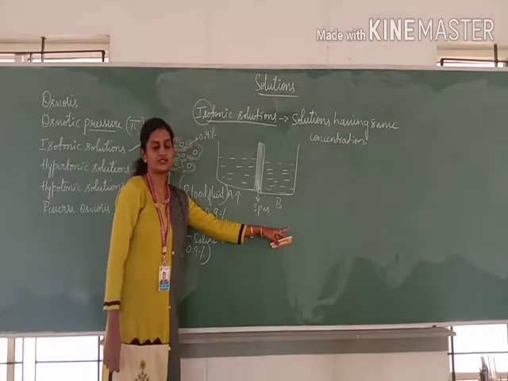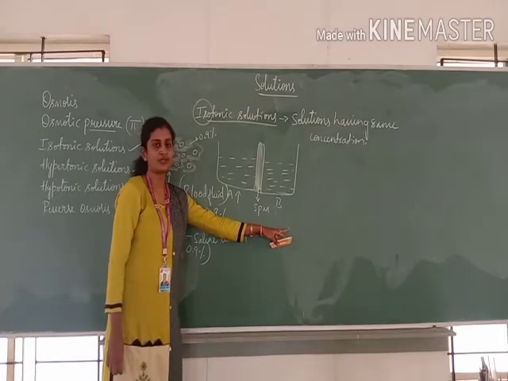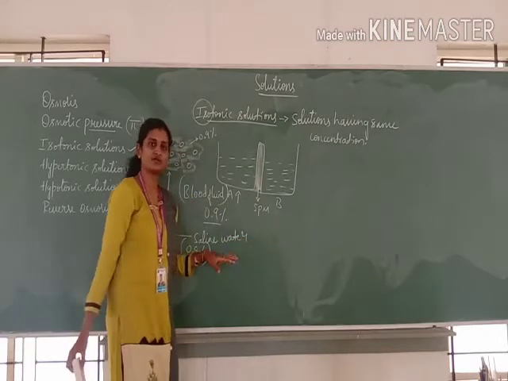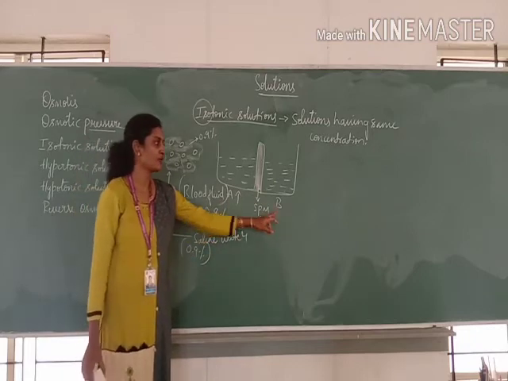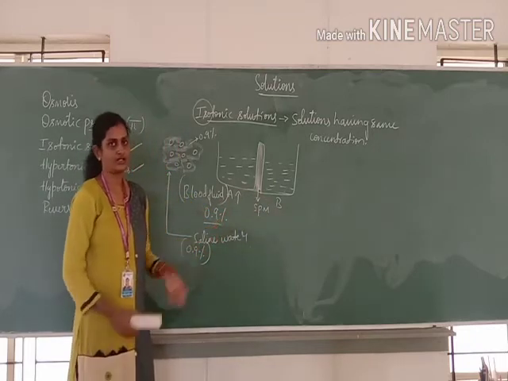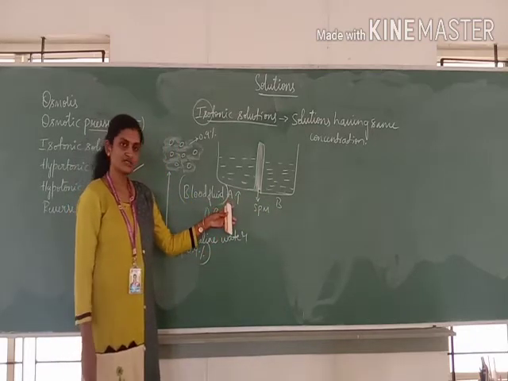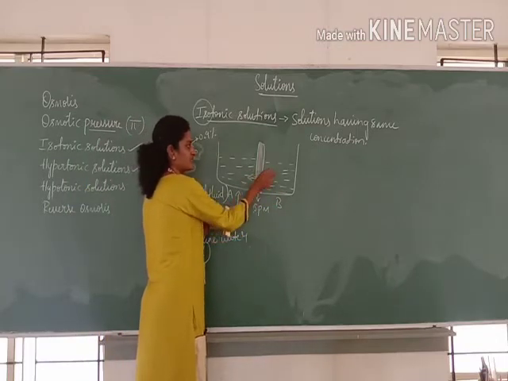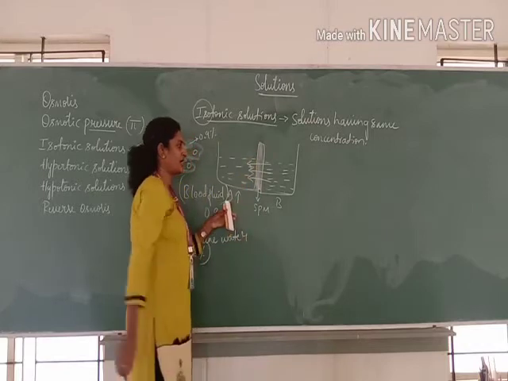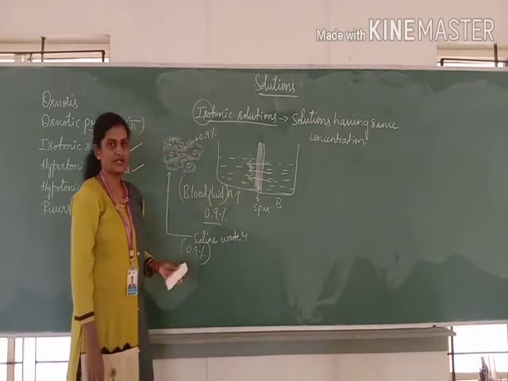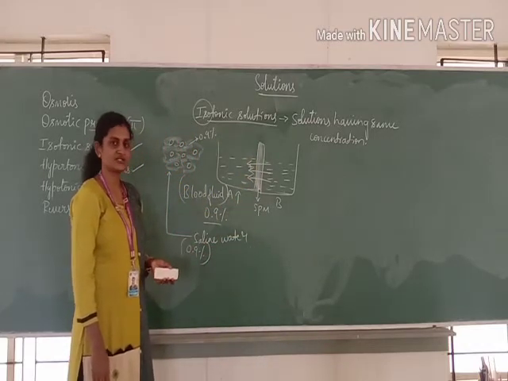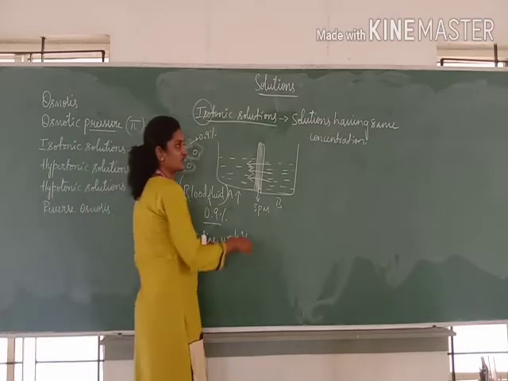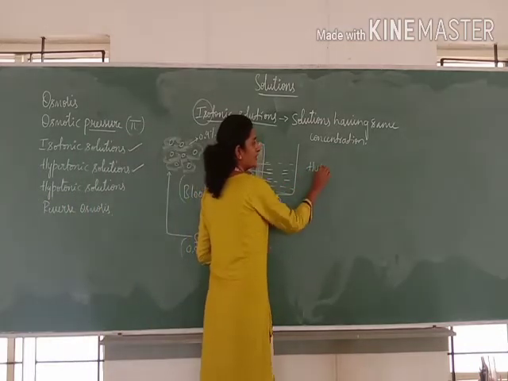Then in which direction does the osmosis take place? You know that osmosis is the movement of solvent particles always from lower concentration to higher. So obviously, if the A concentration is high, the movement of solvent from B to A takes place. Okay? If one among A and B is greater in its concentration, then such solutions are called hypertonic.